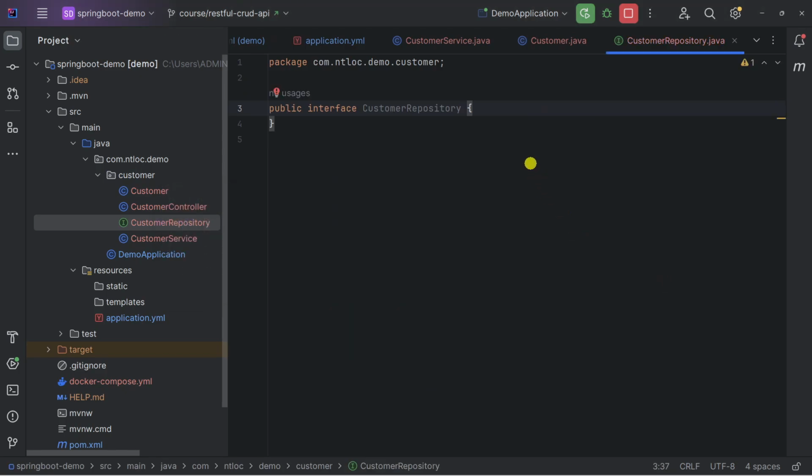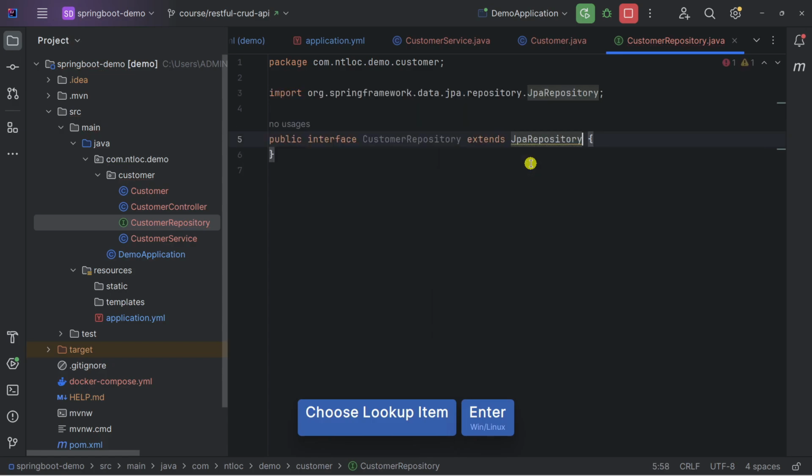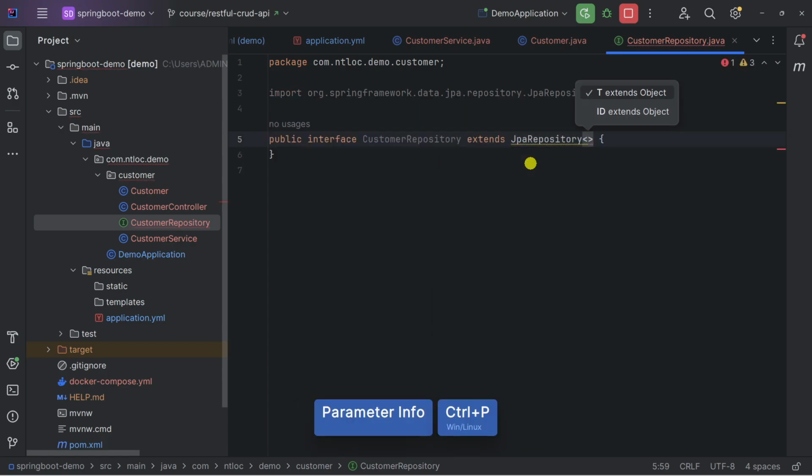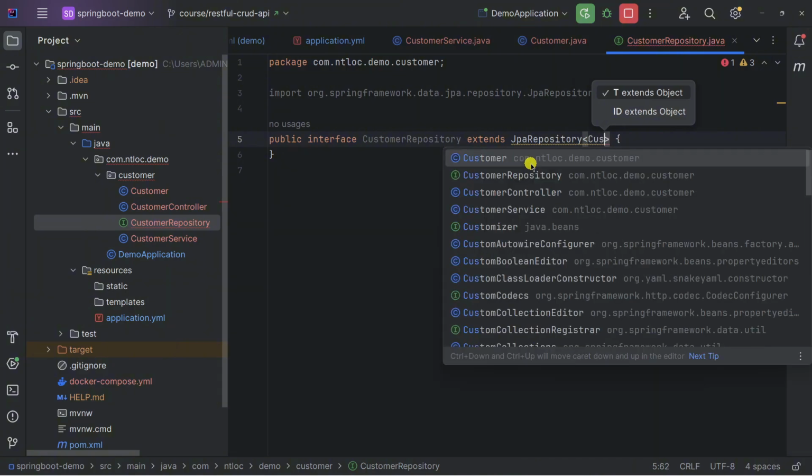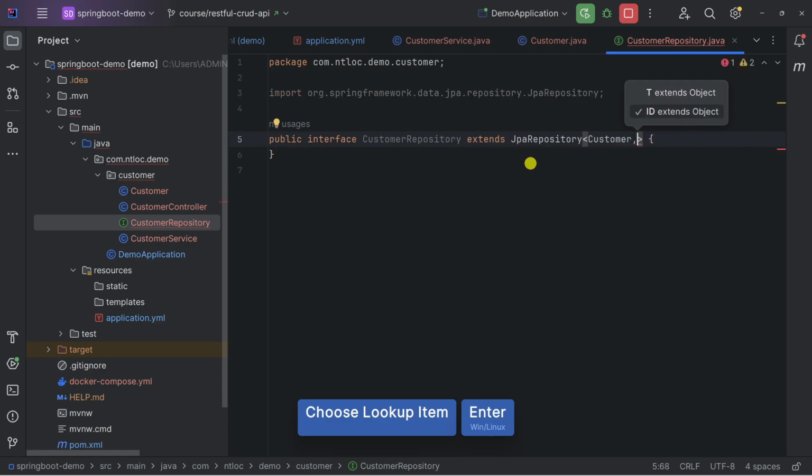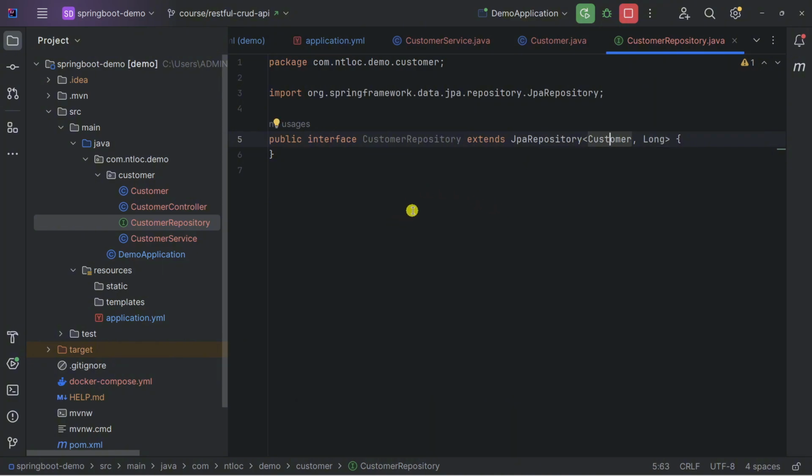And then to implement JPA repository, just follow: extend JpaRepository. It's required for the type of object, in this case Customer, and we also need to provide the type of the ID, which is Long. So all the things in here we are done.